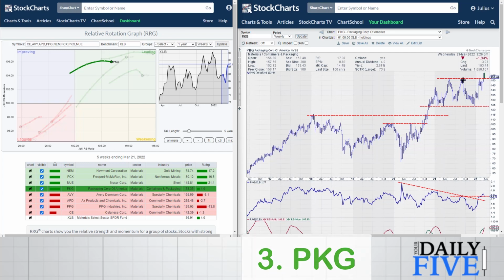So it's quite the opposite of what we saw with CE and PPG. PKG broke out, is pulling back with strong relative strength backing it up. So as long as PKG remains, let's say, above 150 and puts in a new low, it could be setting up for a new move higher. The next one is